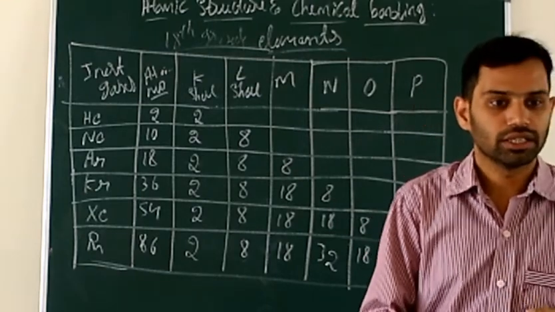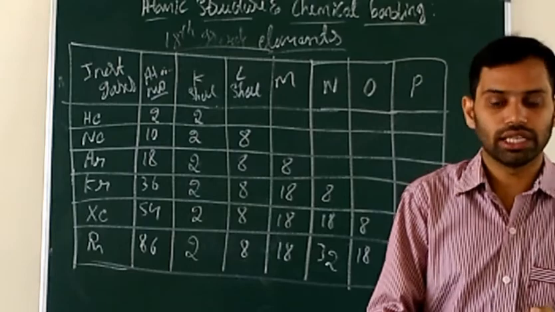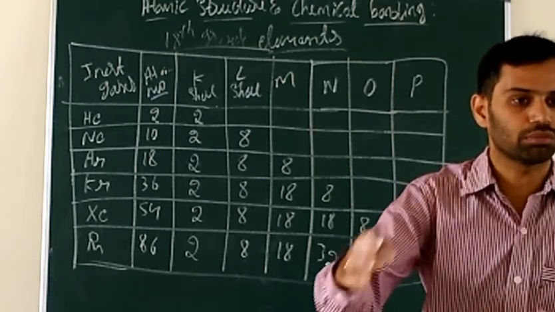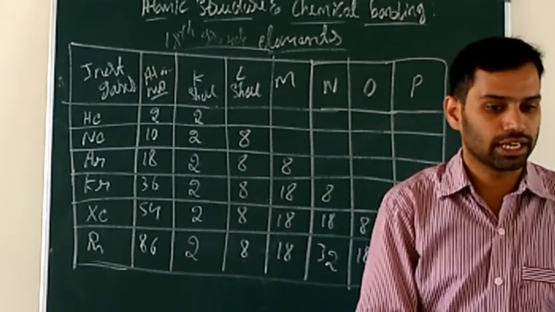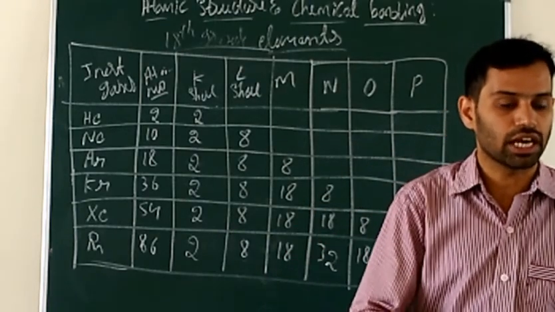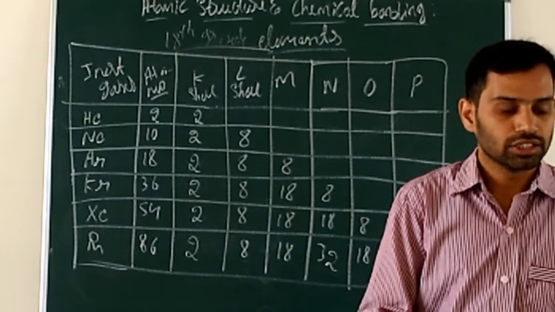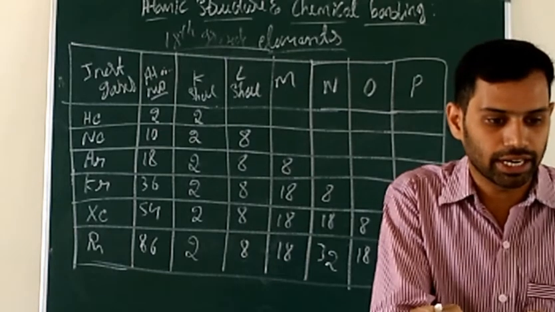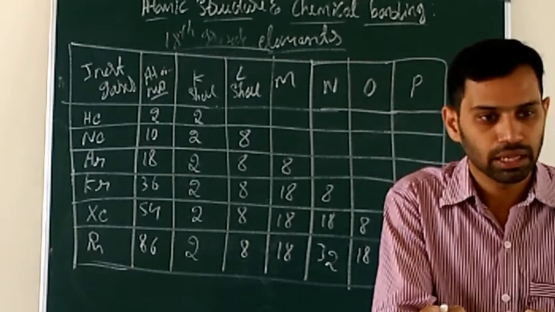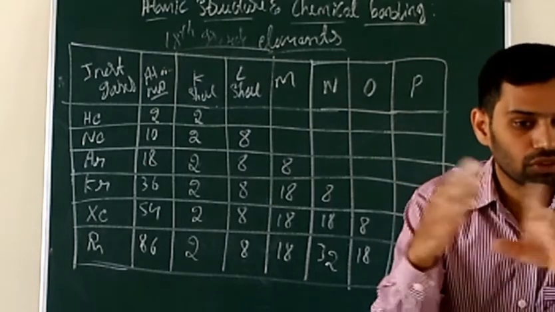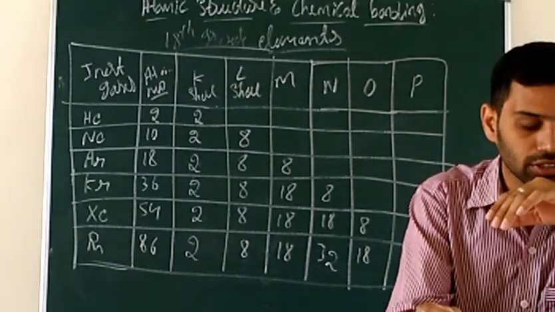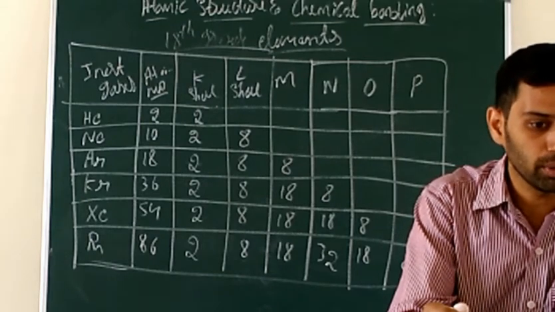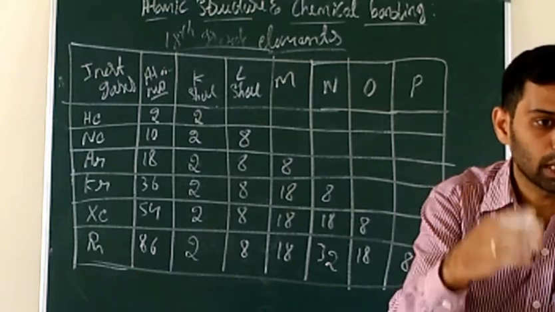What about the other elements? They should be involved in chemical reactions. As I told, the electrons present in the outermost shell, the valence electrons, are involved in the chemical reaction. By being involved in chemical reactions, they are going to attain their stable state. How? By transfer of electrons, and that means a bond will form. The chemical bond is formed by transfer of electrons from one element to another element.